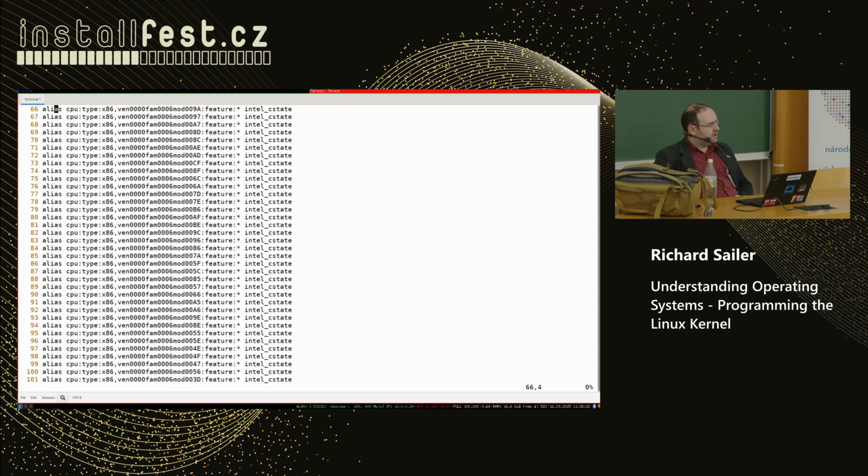Usually, with the discoverable hardware I explained before, when your hardware is on PCI, the kernel probes it, and then the hardware says, I'm that and that, and I have these alias properties. Then usually the kernel does some pattern matching. It matches what it gets from the hardware against these strings.